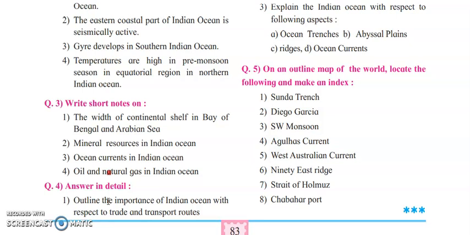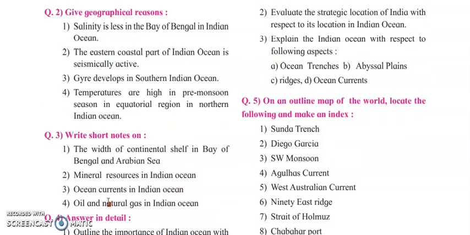Now, the Indian Ocean serves as an important route. Crude oil is supplied worldwide. It connects the Middle East, Africa, East Asia with Europe and the Americas. So there is a lot of traffic in the Indian Ocean because of what? Because it is rich in mineral resources, rich in natural gas, and rich in oil fields. A lot of trade and transportation is carried out between all these three continents, the countries, with the help of the Indian Ocean, which saves a lot of time.